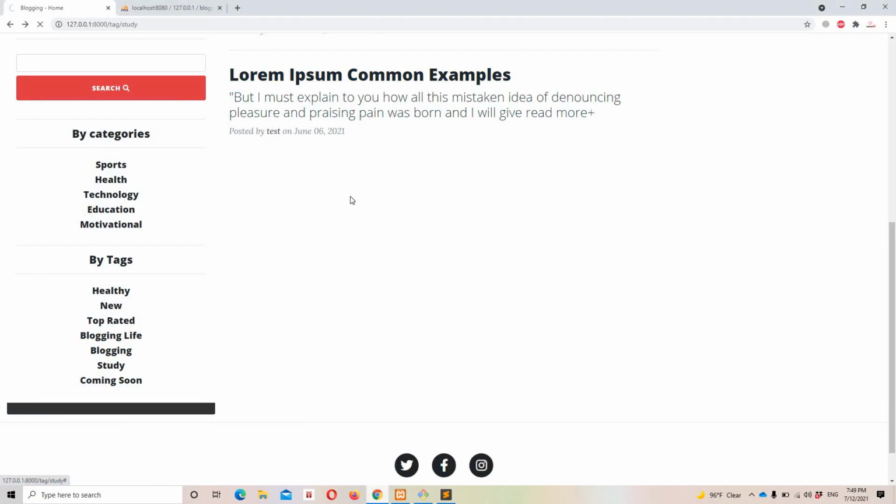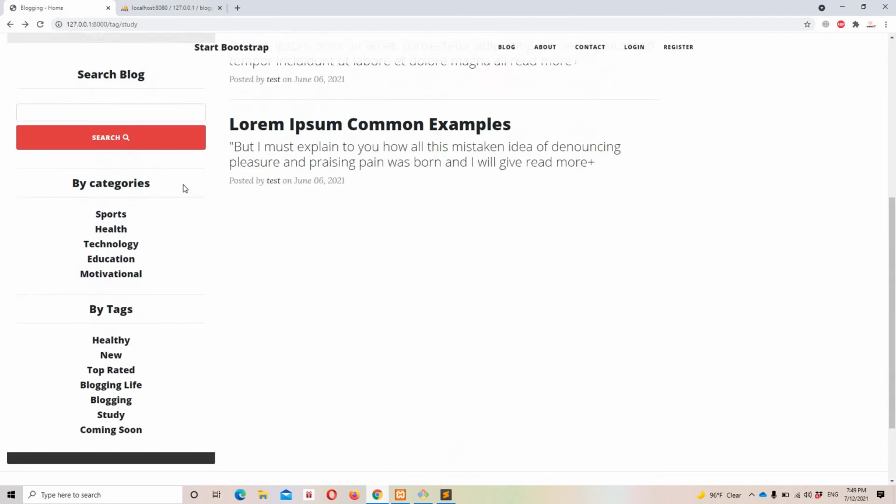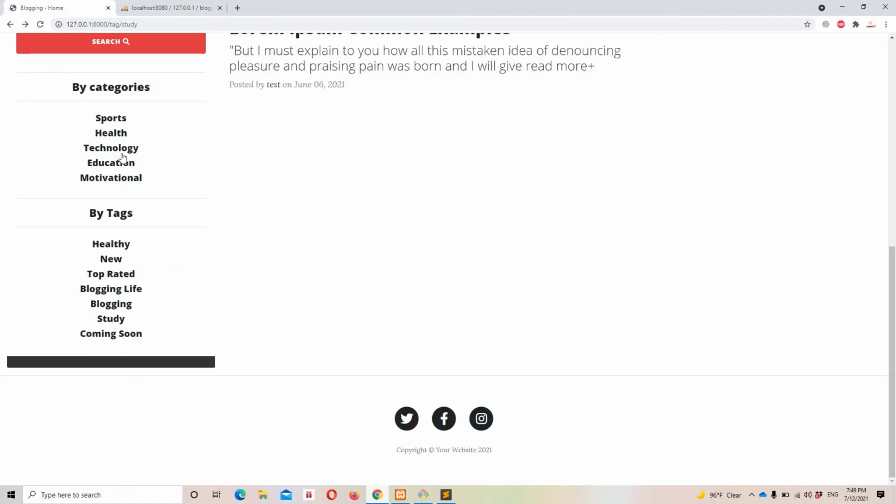Okay, let's do a refresh. Now it looks way better. Okay, so we have successfully removed the underline using the text decoration. Sorry for my bad English, guys, sorry. Okay guys, so that's it from this video, and our functionality is working perfectly fine.